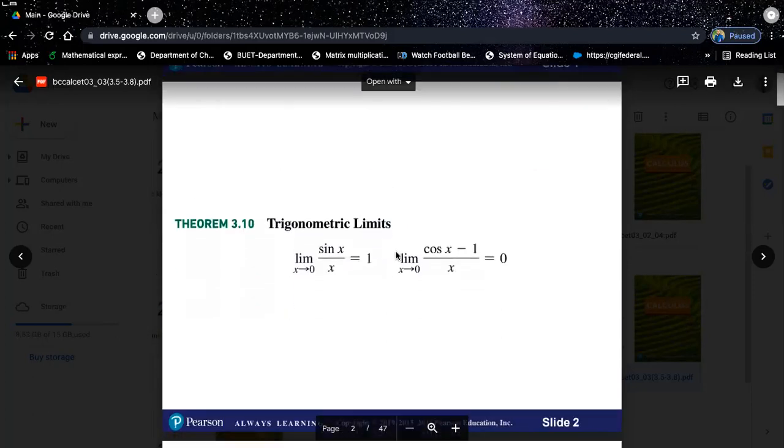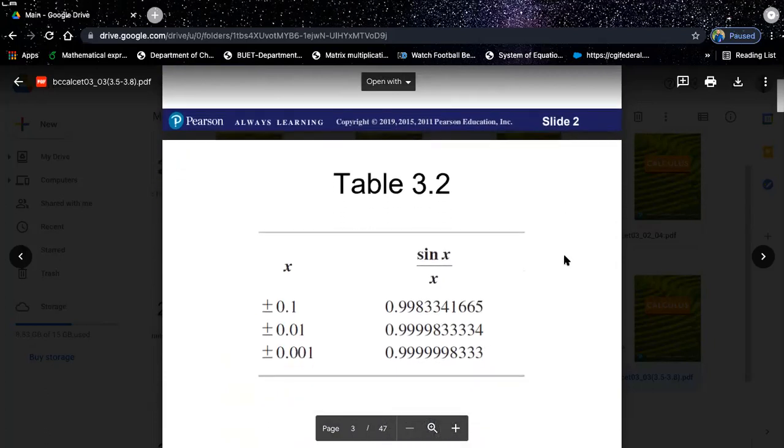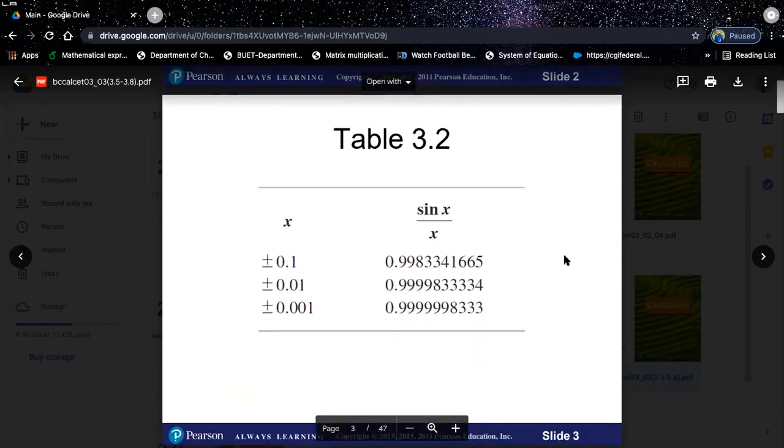But first, let us see the theorem. It says, whenever limit x tends to 0, sine x over x will give us 1. Okay, and cosine x minus 1 over x will give us 0. Okay, let's see why. So first of all, let's take some random values from either side when we are approaching 0. And if we are approaching 0 for this particular function, sine x over x, from either side,